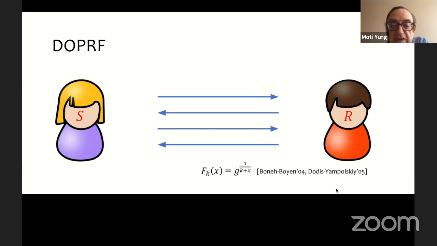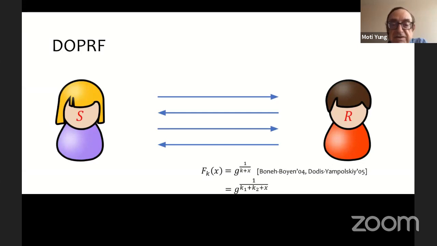So the input is x, there is a key, and this is computed. And if we want it to be a distributed PRF, then we just split the key, and it becomes g to the 1 over the first key plus the second key plus the argument.